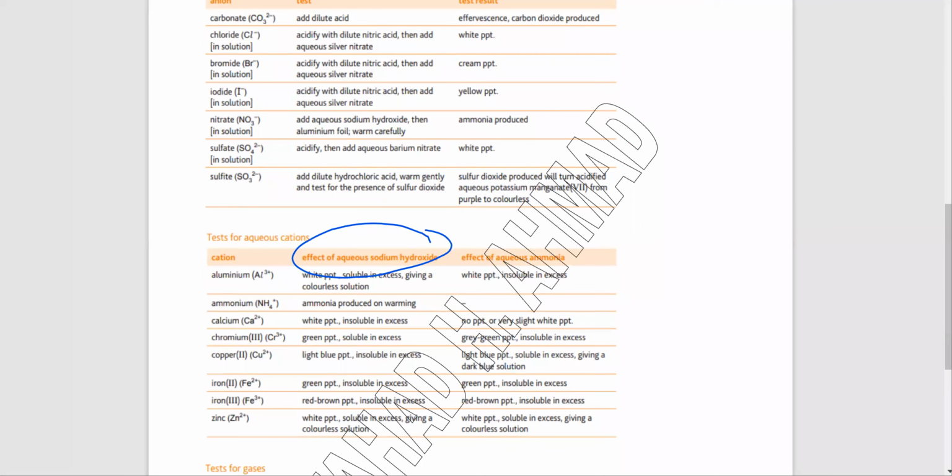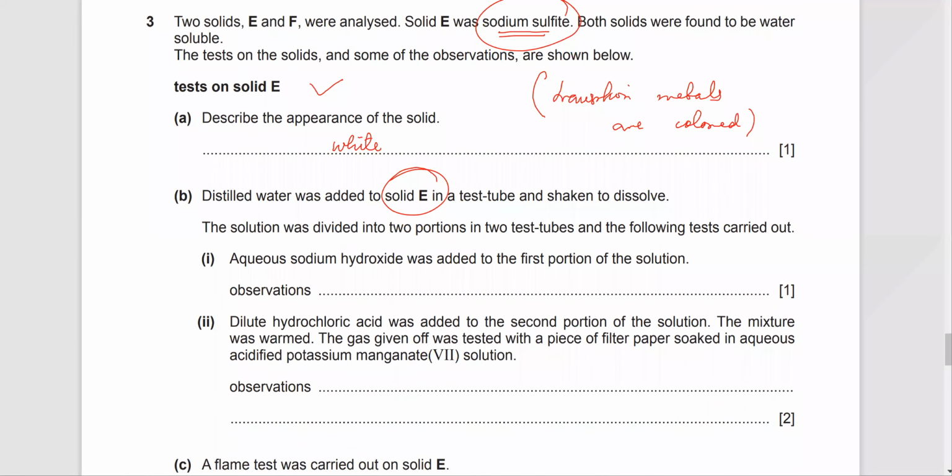Here's your NaOH. Now you have two ions in your solution: sodium ions and sulfide. Sodium ions का तो test mentioned ही नहीं है, it's not even given. Sulfide यहाँ पे given है. So let's have a look whether sulfide would react with sodium hydroxide. उसका अगर test पढ़ो, that's also not a test. So that means in this part, adding NaOH, sodium ions don't have a test. Sulfide का test कुछ और है. So that means nothing would happen, no observations, no reaction would happen. ठीक है? Is it clear, Anna, Sidra?